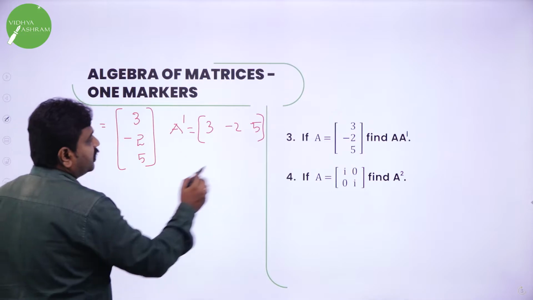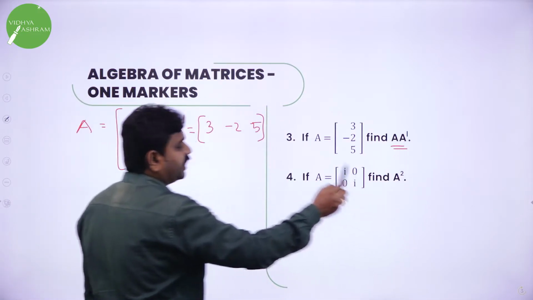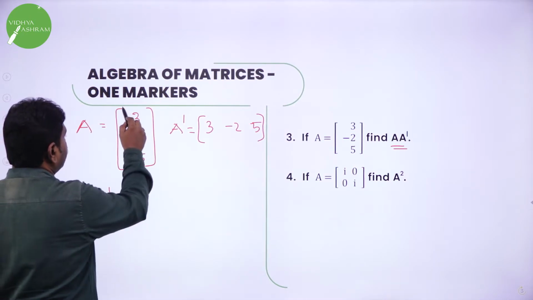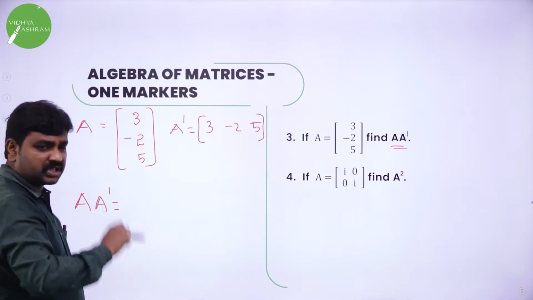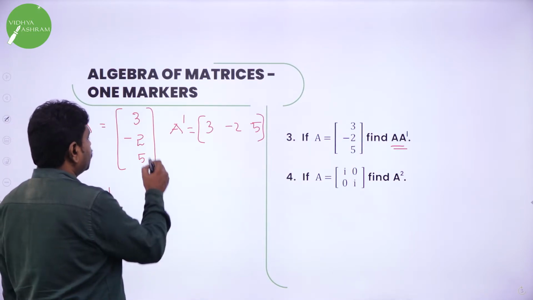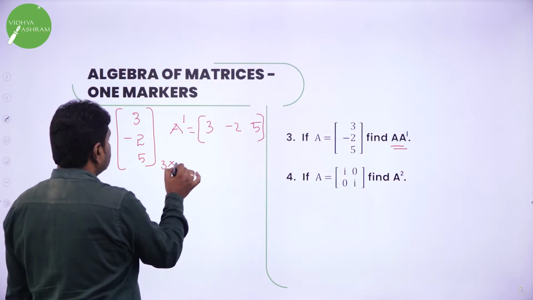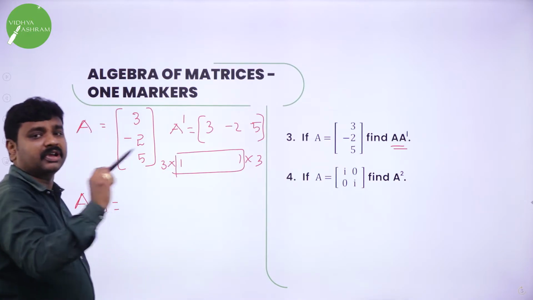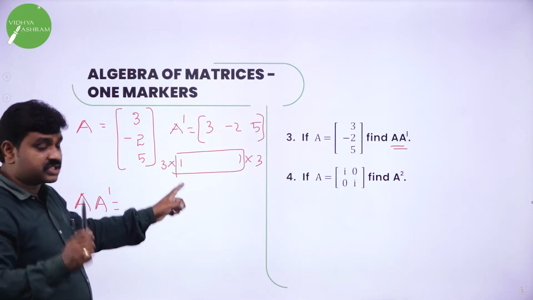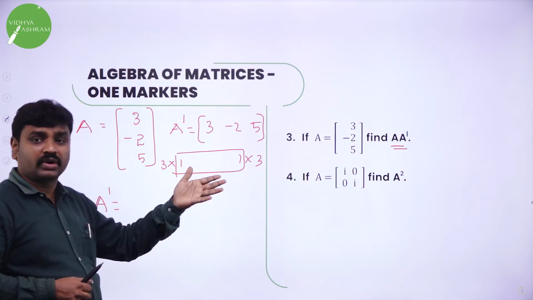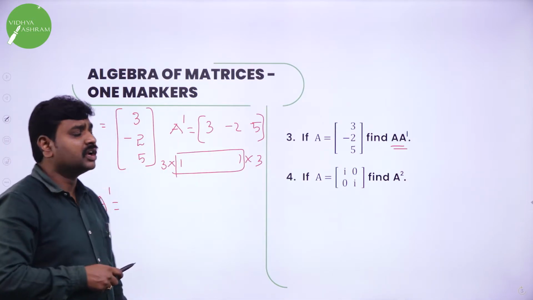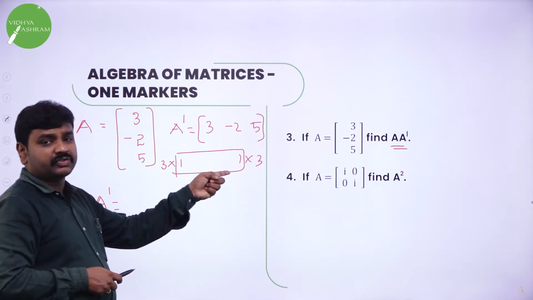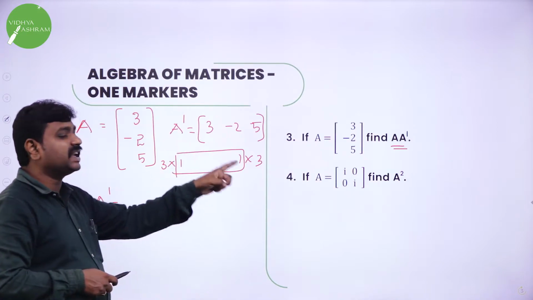Now, we need to find A into A dash. They want you to find A into A dash. So, how to find A into A dash? Multiply first. Is it possible? First, we'll see, is it possible? See here, what is the order? Order for this is 3 rows, 1 column. What is the order of this one? 1 row, 3 columns. So, these two are the same. Yes, you can multiply, because the number of columns of the first is equal to the number of rows of the second. All of you know how to write the order of a matrix. What is meant by order of a matrix? Number of rows into number of columns. So, the number of columns of the first matrix is equal to the number of rows of the second matrix. Therefore, I can multiply. After you multiply, you will get 3 cross 3.